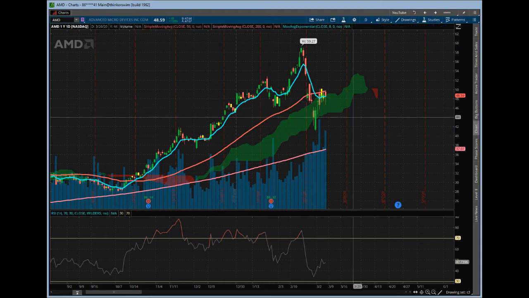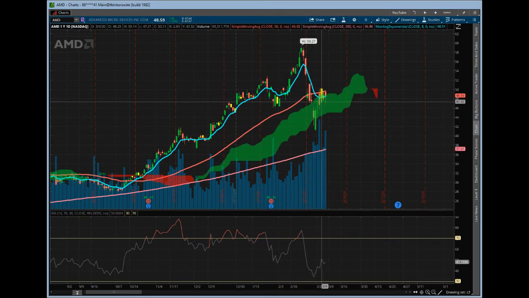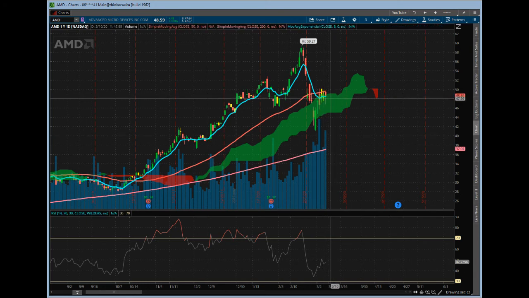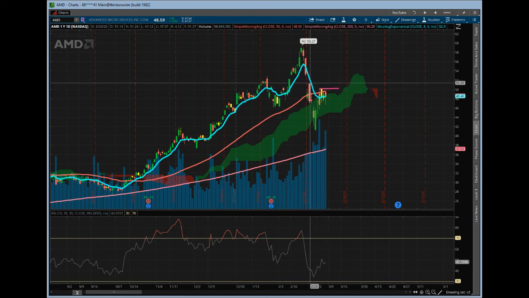So AMD. Another interesting one too. It's holding up pretty well. It's holding its cloud. It's kind of stayed within the double inside day range the other day. Again, let's see if we can get over these. Get over the 50-day moving average, about $50. If we can get above that and close bullishly, it has a chance of breaking up into the